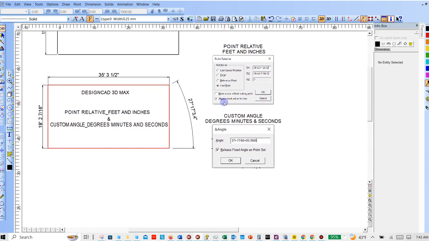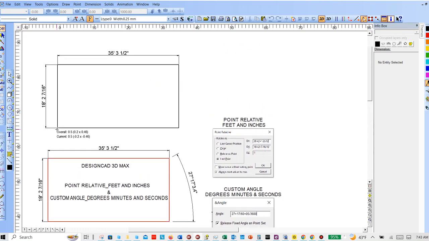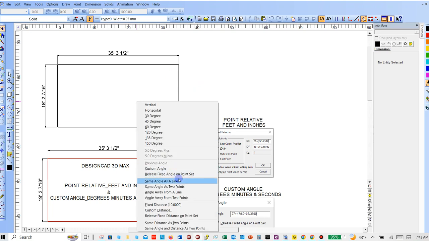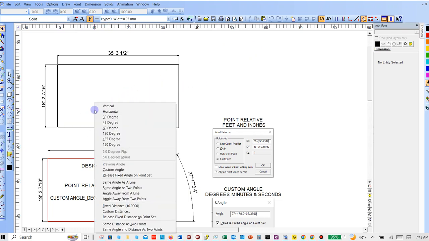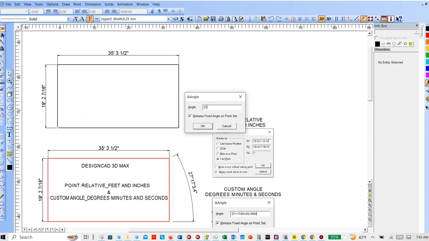And then the degrees, minutes, and seconds. Let's draw a line right through the middle of that. J is how you tell it that you want to do something special. Like V, if you want to draw this angle between those two lines, you go J, and then there's a shortcut. Same angle as 2 points has no shortcut for that one. Just click on the 2 points, and it'll lock it into that angle. Or we can do like we're doing now, JC for custom angle, and then go 27 plus 17 minutes, right? 17 divided by 60